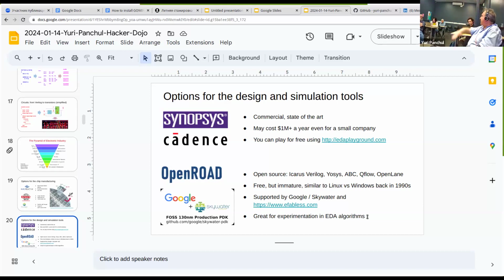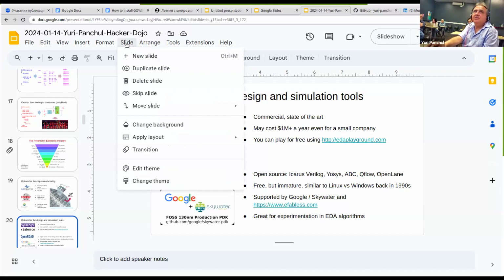So from a waterfall model, they went into an iterative model, and this whole thing became very complicated. Open source tools do not have this level of sophistication now, which certainly limits their use,